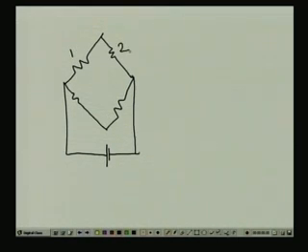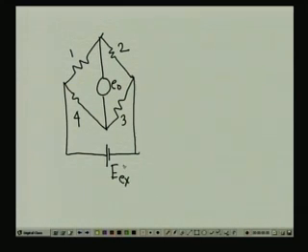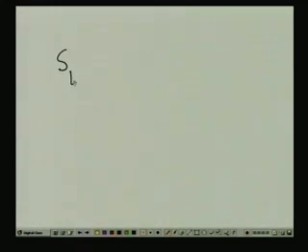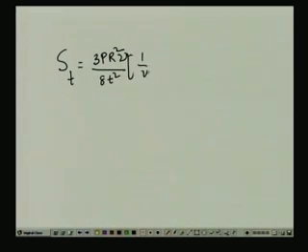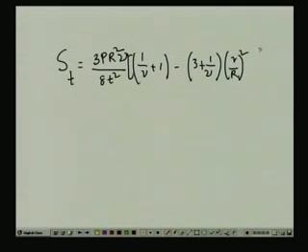This is gauge 1, this is gauge 2, this is gauge 3, this is gauge 4, the output voltage here, and the excitation Ex. Now, tangential stress is given by ST equal to 3PR square upon 8T square, multiplied by (1 by nu plus 1) minus 3 (1 upon nu) small r by capital R whole square, like this one, and radial stress will be